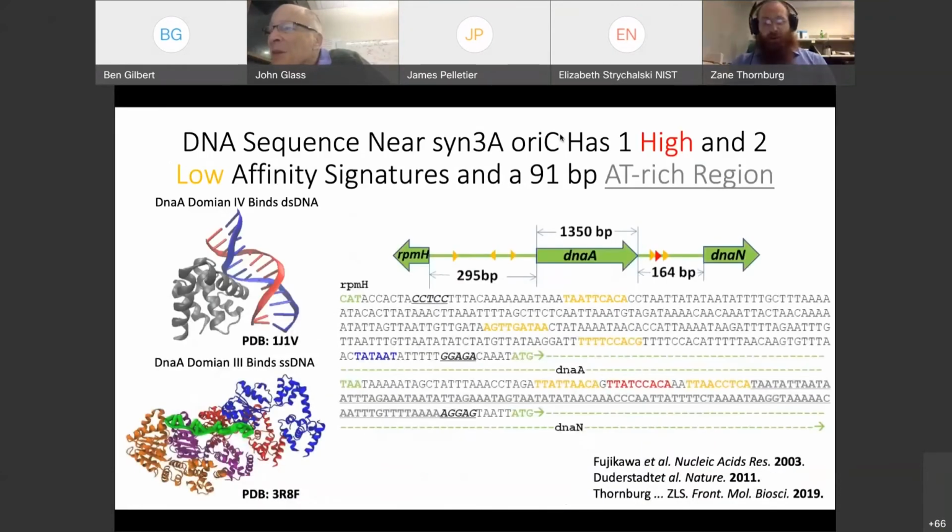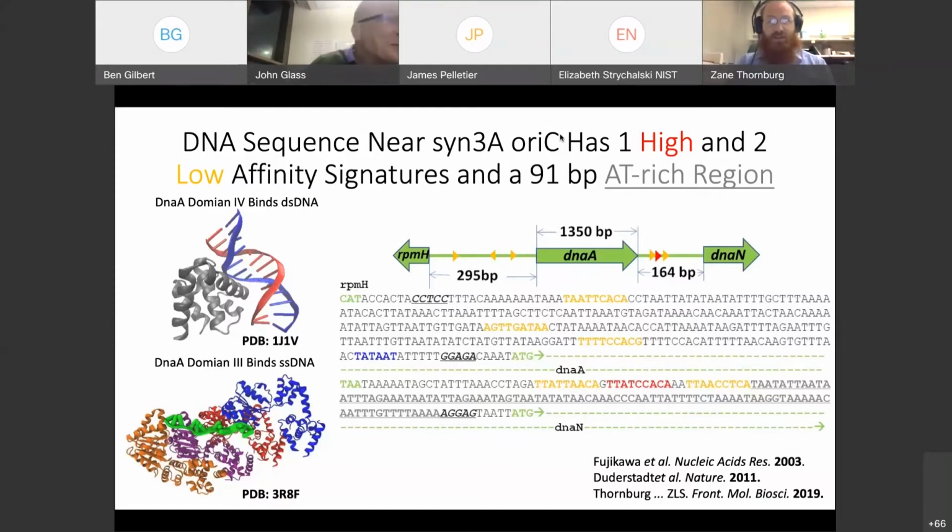And so when we move on to the well-stirred model and go further than 20 minutes into a cell cycle, we can actually get to DNA replication. We were helped by Hamilton Smith with this mechanism. And so effectively, the initiating protein DnaA has a high affinity signature, which is highlighted in red, where its domain 4 will bind to these 9 base pairs. It is flanked by 2 low affinity signatures, or 7 out of 9 matches. And then those neighbor a 91 base pair AT-rich region, to which the domain 3 of DnaA can bind to